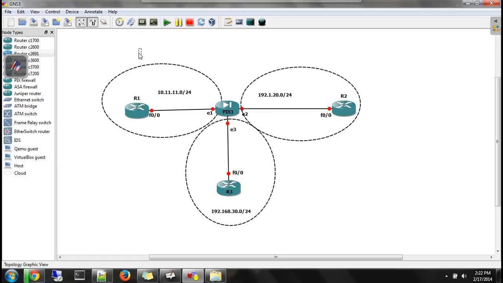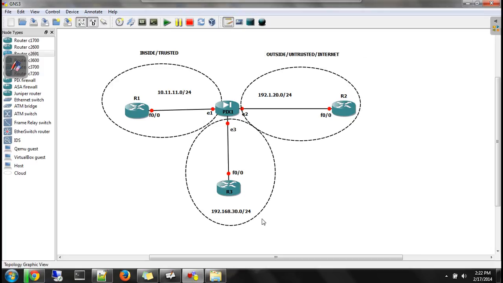Good. This area becomes your inside or your trusted network. This becomes your outside or your untrusted network, or the internet.